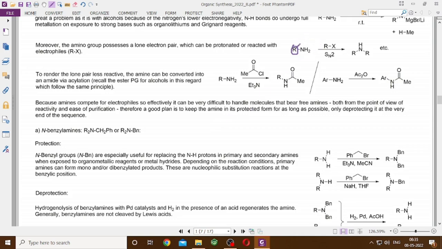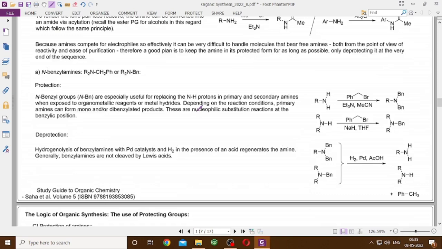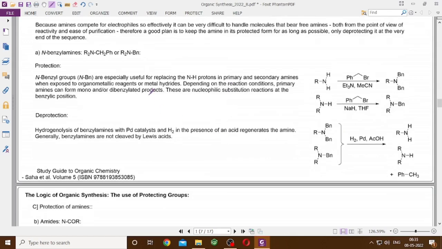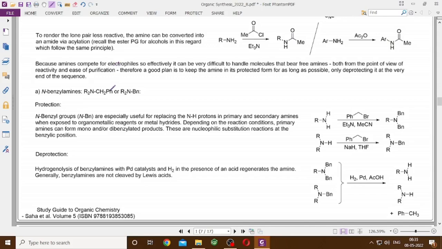You hold on to the protecting group as much as you can. Therefore amine protection is very very important, and the deprotection strategies are also very important, because if you want the protecting group to survive many reactions, you need a very robust protecting group which will offer protection from many different reagents. তো কিভাবে করা যায়? প্রথমত তুমি একটা বেনজাইল অ্যামিনের কথা ভাবতে পারো। N-benzyl amine from primary and secondary amines, they undergo this type